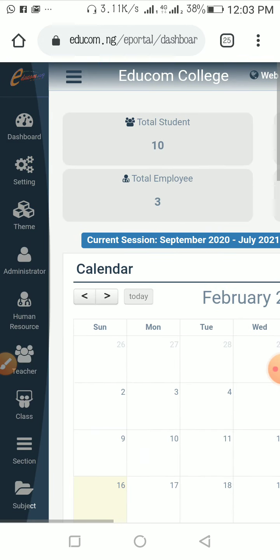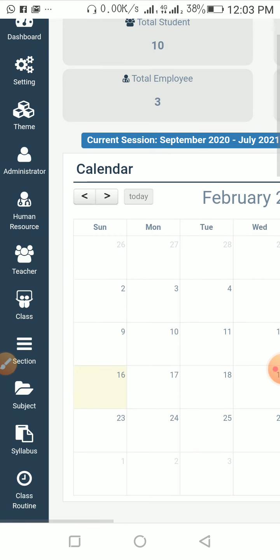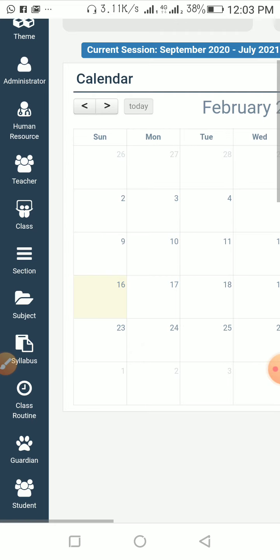From the tabs, we have different tabs. We have the dashboard, which we are presently in. Then we have the settings. We have the team. We have administrator, human resources, teacher,